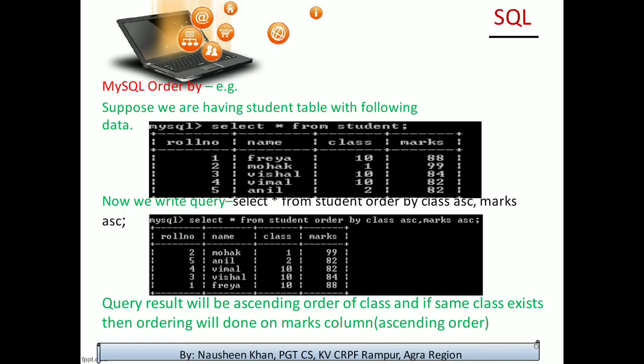What will it do? First of all, it will arrange my records class-wise. Then, if we have more than one record of the same class, it will arrange those records in ascending order of their marks.